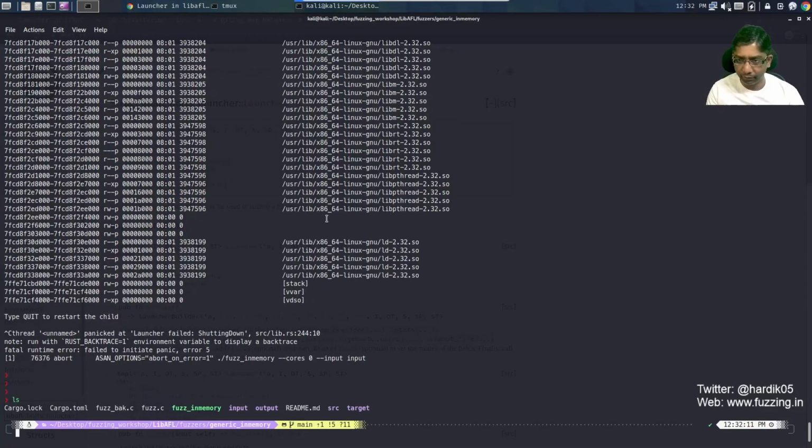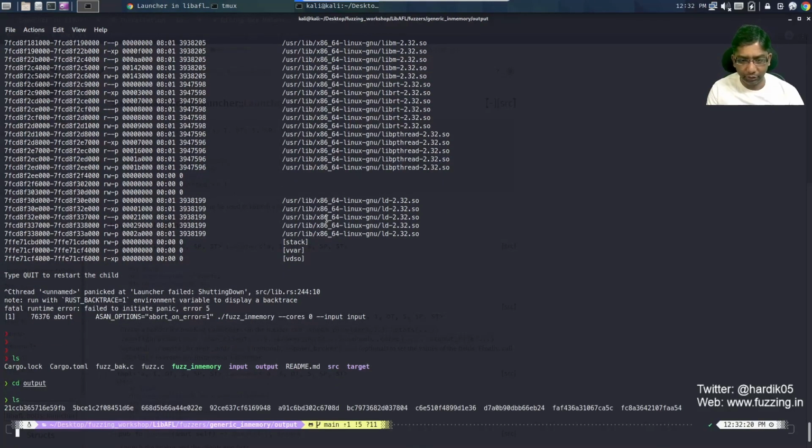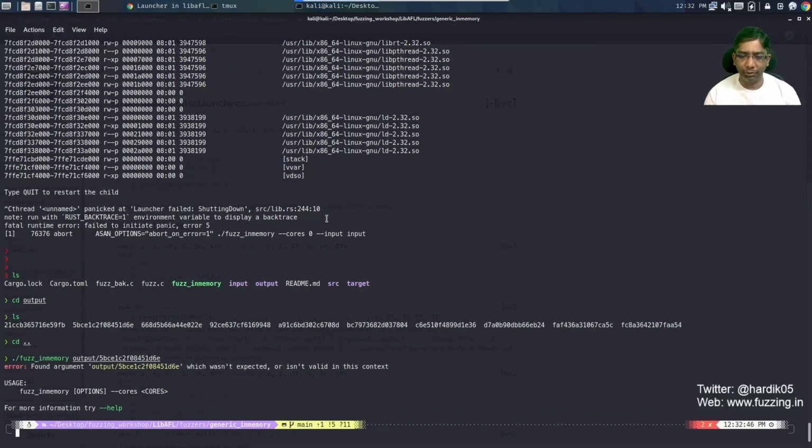What we can do now is go to the output folder and check. We will notice that we have found a lot of crashes over here. If you want to replicate them, we can take our DamnVulnerable C program, and since this is a libFuzzer based harness, it may not work directly. We compile that program and use any of these inputs to replicate the crash.